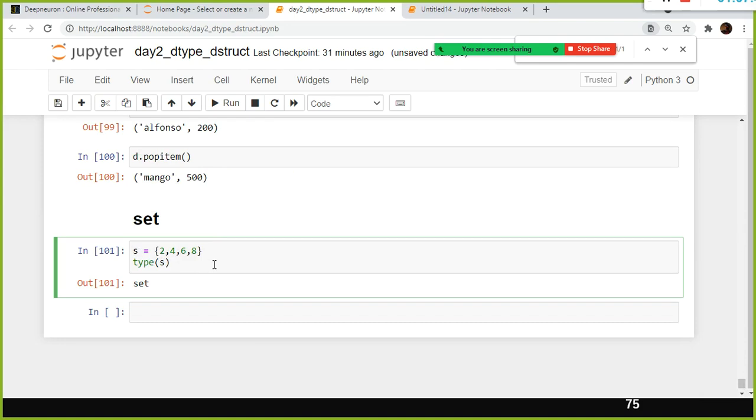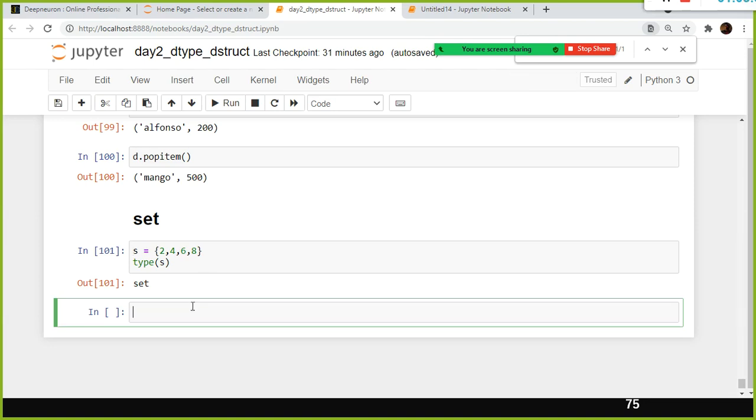And it is an unordered collection data type. It's something like a bag. You put all the items in a bag, and they will not be in proper order, they will be mixed here and there. But how do I slice the value stored in a set? Since set is an unordered collection, you cannot use index. The list, tuple, and even the dictionary are ordered collections of data, because the values are stored in memory continuously.